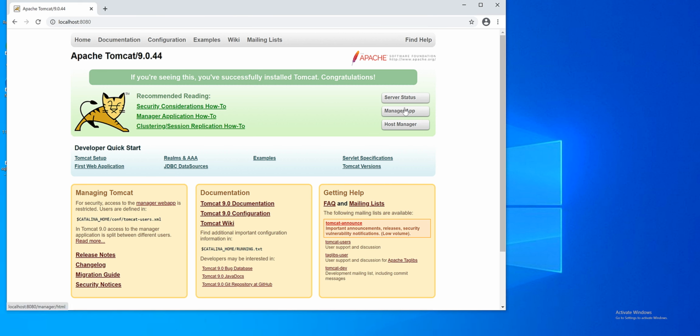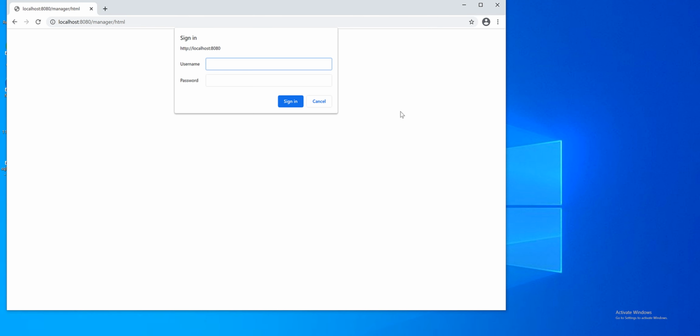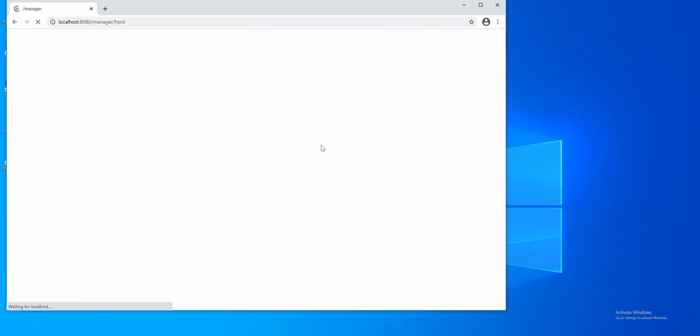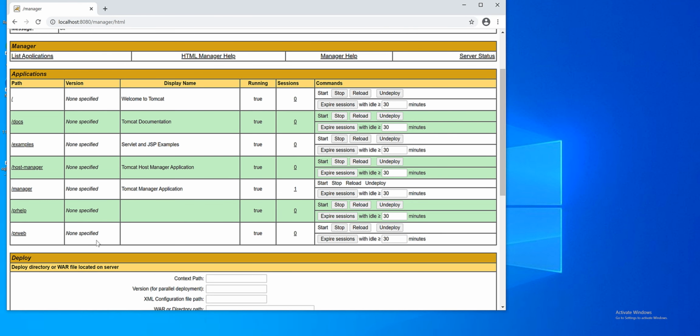Once you see this Tomcat homepage, click on Manager app, login with the admin, and make sure your prhelp and prweb are started.